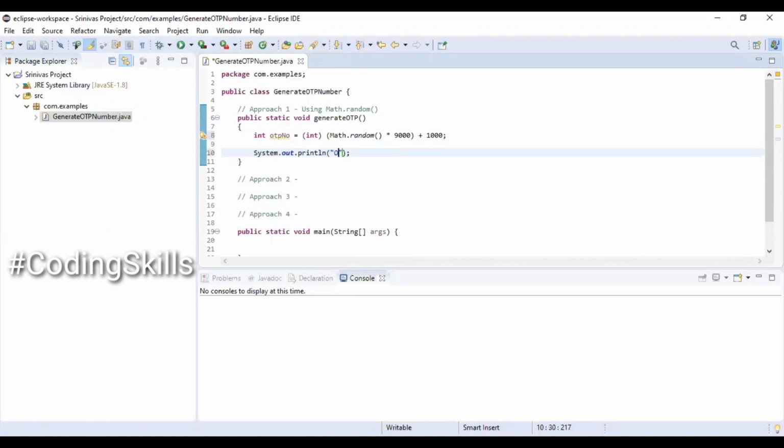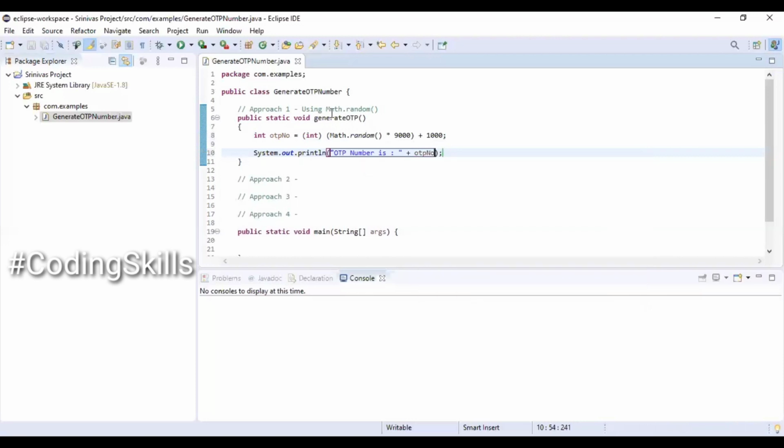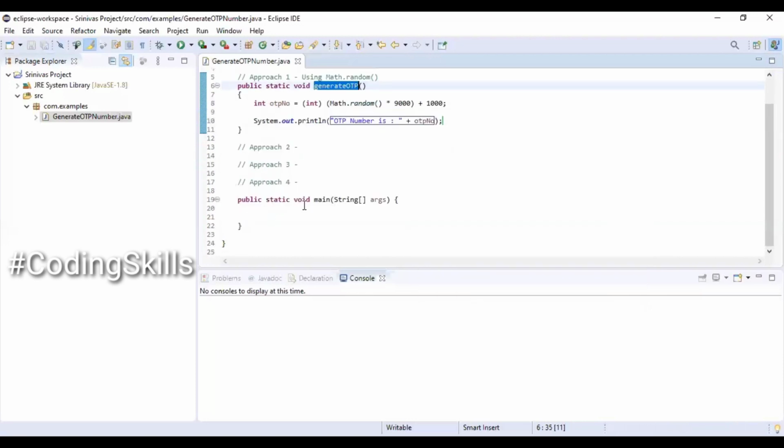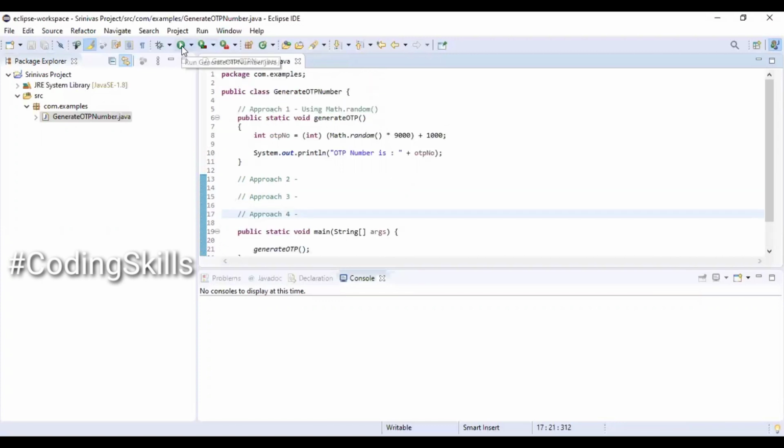Printing the generated value. OTP number is, the variable name is OTPNO. We are going to call this particular method inside a main method. This method is going to give us a 4-digit OTP number.